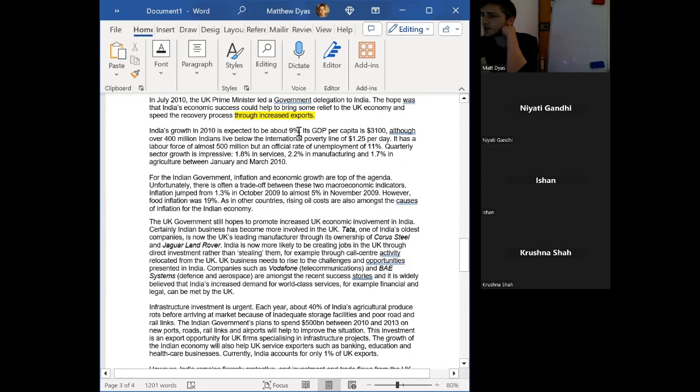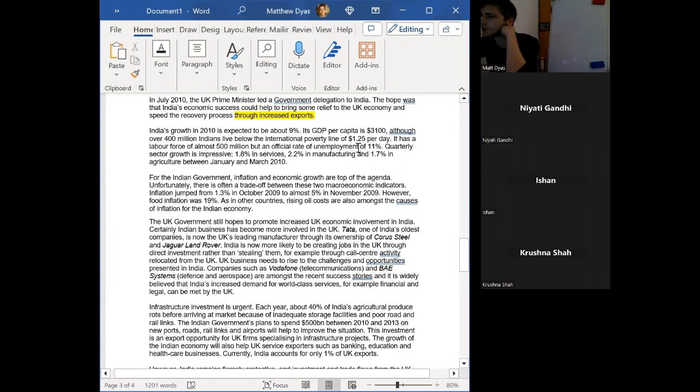Growth rate quotation, we could use that. It doesn't really give us a point like the increased exports quote did, but we could use just this growth figure. GDP per capita is 3,100. That's quite low. That could potentially be evaluation. 400 million Indians live below the international poverty line. Again, could be evaluation in the sense that